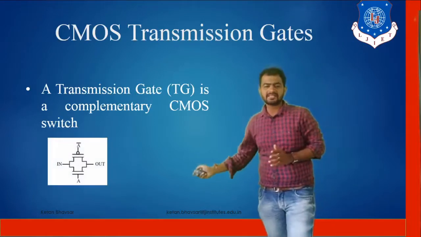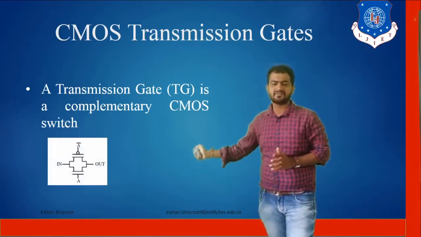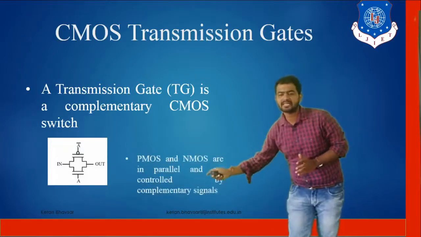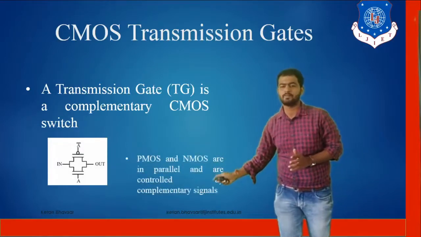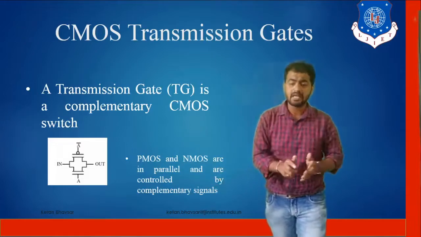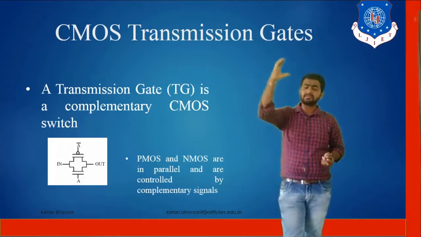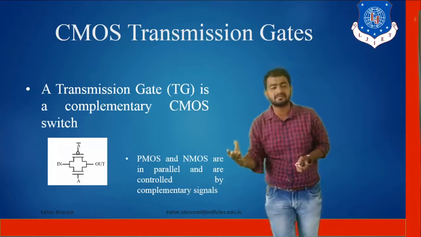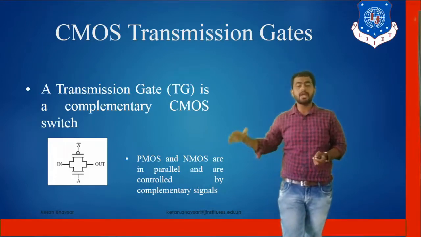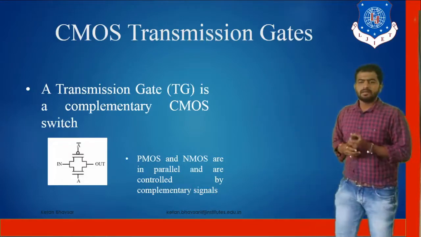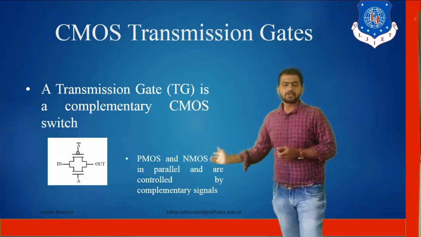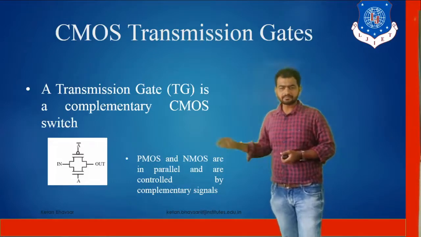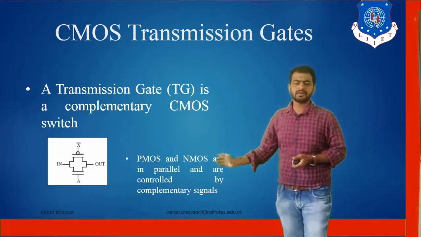Then the symbol, as you can see, looks like A and A bar is a switch configuration, input and output. Now PMOS and NMOS are connected in parallel and are controlled by complementary signals. So as you can see, in CMOS designing, we connect PMOS and NMOS in series manner, and after that we apply some switching configuration and see the variation on the output side. So as you can see, it is totally opposite operation as compared to CMOS, right? So now as you can see, the design is over here.